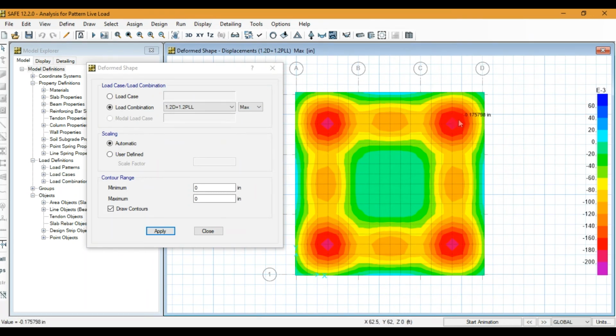Okay, you can see here the magnitude for both loads is the same, but the effects are different.